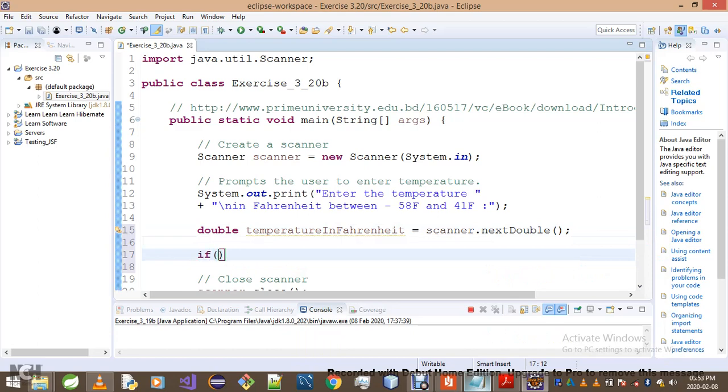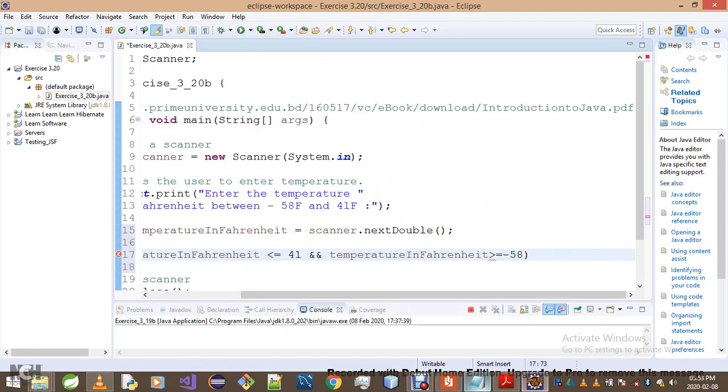Now we say if this variable here, if this variable is less than or equals to 41 and this variable is greater than or equals to minus 58,